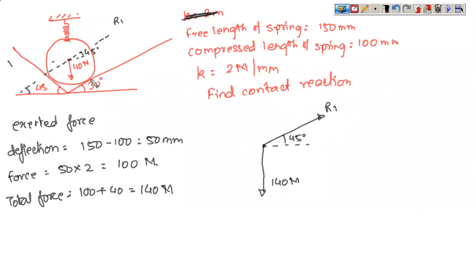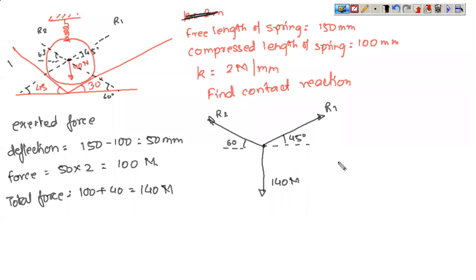Now here this will also offer a reaction. Let this be R2. Now if you again extend it, this is 90, this is 30, this is 60. If this is 60, obviously this will also be 60 degree. So again you have reaction 2 and this angle is 60 degree. So now this completes your free body diagram. Once this free body diagram is completed, now you can solve it using Lami's theorem.